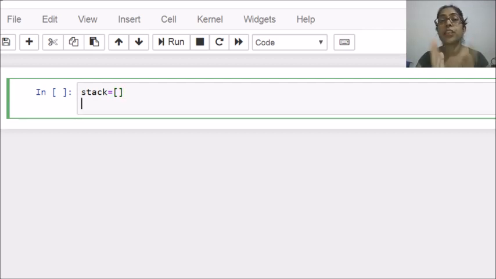I have to create push operation and pop operation so that user can insert an element, user can pop an element. And I want to give choice to the user what he wants to do, so I'll create menu here first. So I am creating a menu.